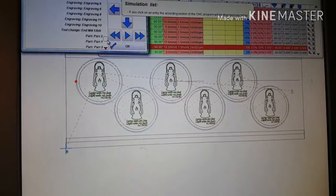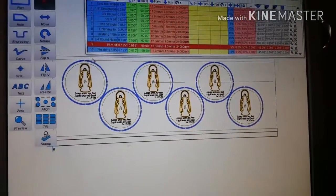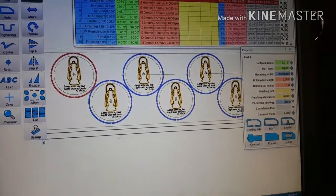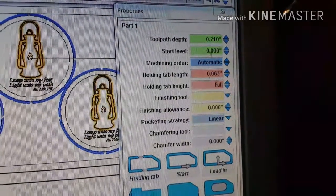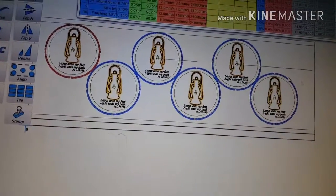Now that reminds me, there's one more thing I do want to check. Now here, what I have done, you see what I did here? See these holding tabs? I didn't set the holding tab length and height to what I normally use. So what's going to have to end up happening is,